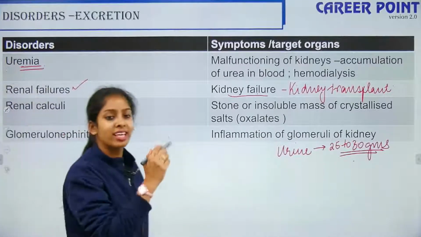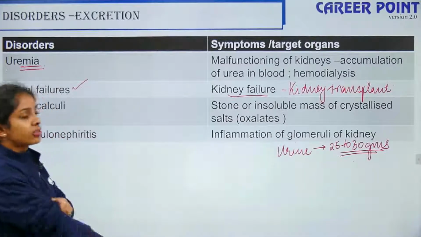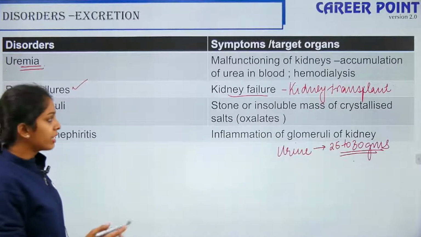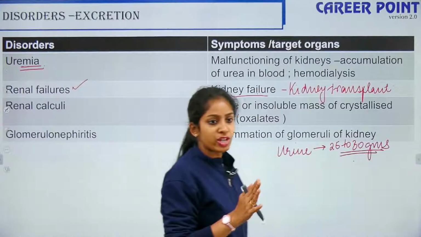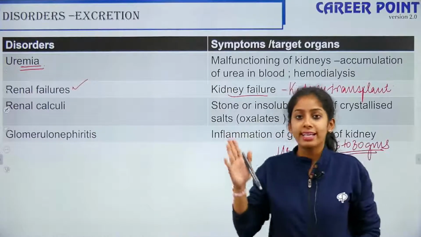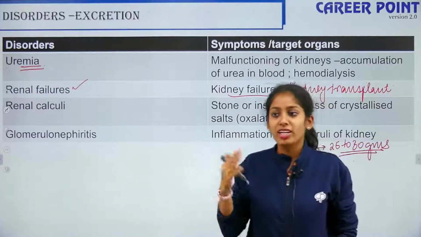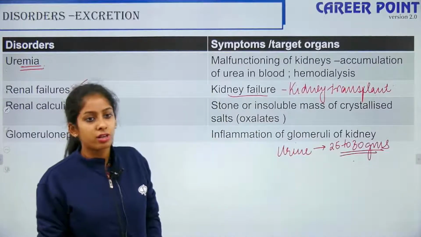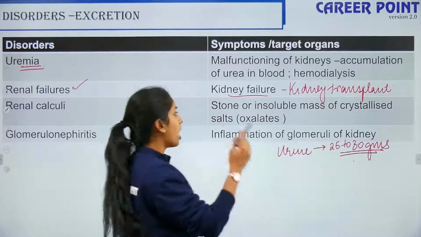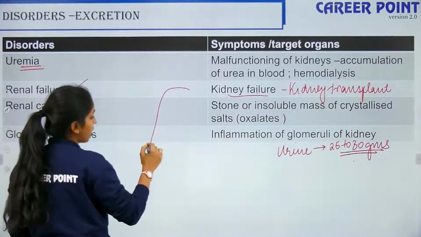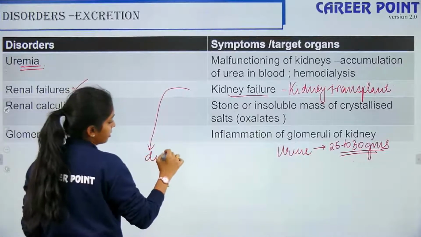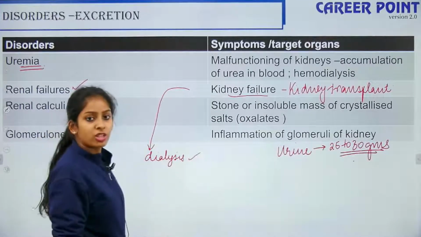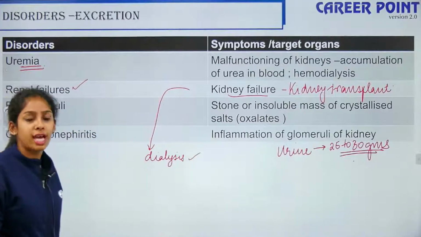So this is your kidney transplant. This is what happens in case of your kidney failure. These days kidney failure is more common and kidney transplant is in high demand. You're not getting donors, so that is also one reason. If a person's kidney does not survive, you can go for an artificial kidney, that is your dialysis. But even this is not feasible for a long condition. It is only possible for a small time period.